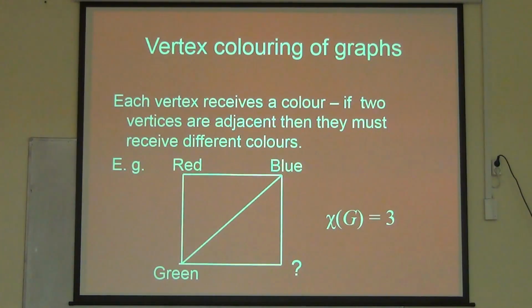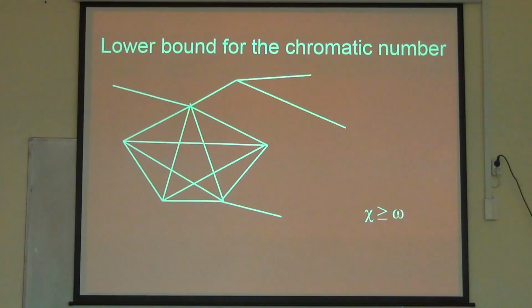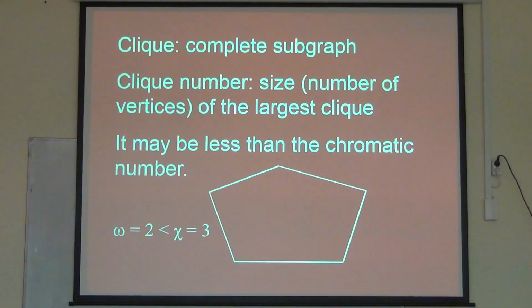number. We know that a trivial lower bound for the chromatic number is the clique number, that is the maximum number of vertices which determine a complete subgraph, and this number is denoted by omega, which is an obvious lower bound for chi. And this may be less than the chromatic number. The simplest example is a cycle of length 5, where the clique number is 2 and the chromatic number is